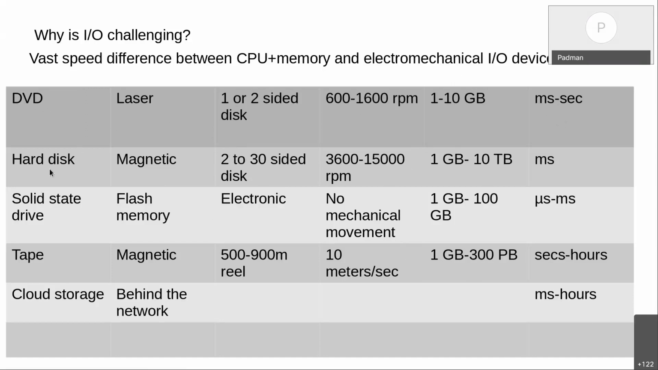Similarly, hard disks are also electromechanical, magnetic devices, and capacity could be quite big. 1 terabyte to even 10 terabytes are not uncommon. And typically, when a hard disk is spinning fast, it takes only microseconds. Okay, but